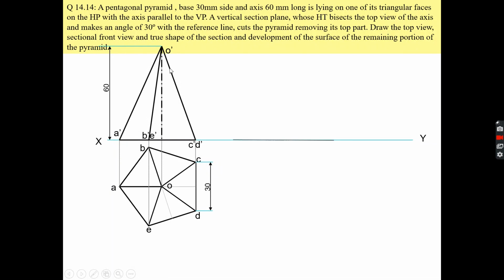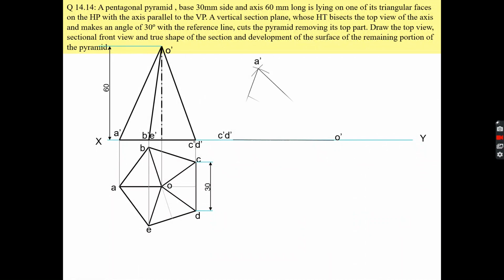Okay. So now you can draw the O dash, C dash, D dash here like this, and after drawing this you can find the A dash, because you know the distance of the A dash from the C dash, D dash, and O dash. So like this you can draw the A dash.